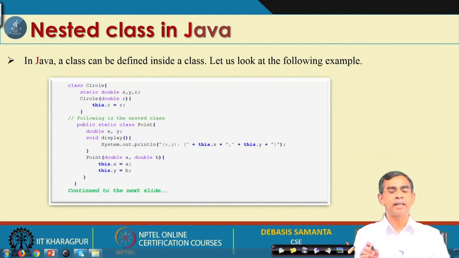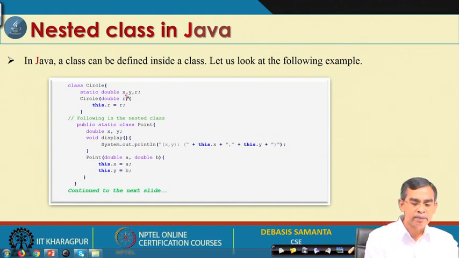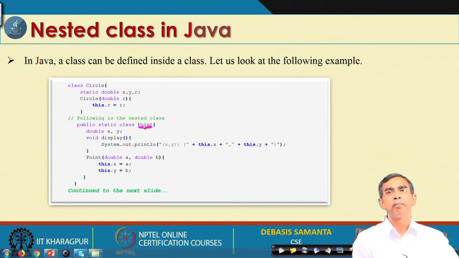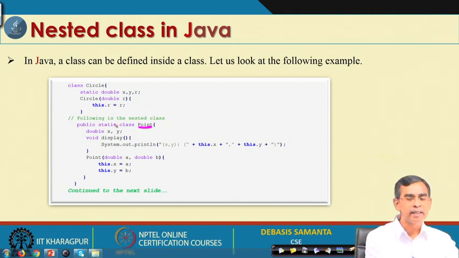Again, come to the declaration of class circle that we have discussed here. Here you see the circle class is declared, and within the circle class we declare one class called point. We declare this class as static. We could simply declare public class point.